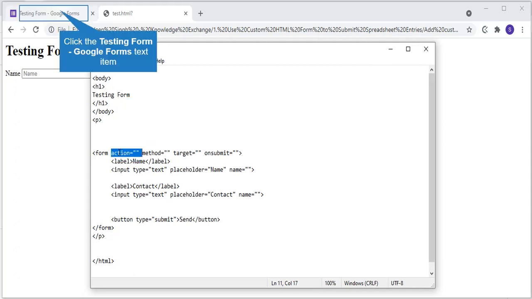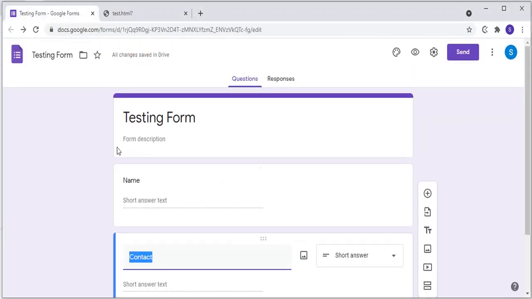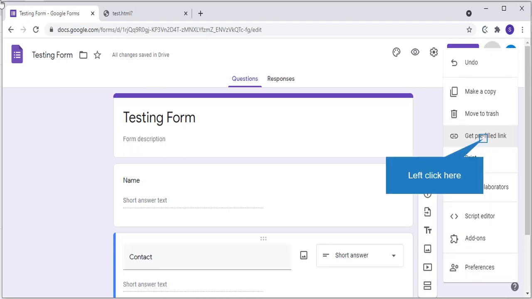First of all we have to give the action URL. How do we get the URL? Just go to your Google form where you are editing, go to this option and click on get pre-filled link.